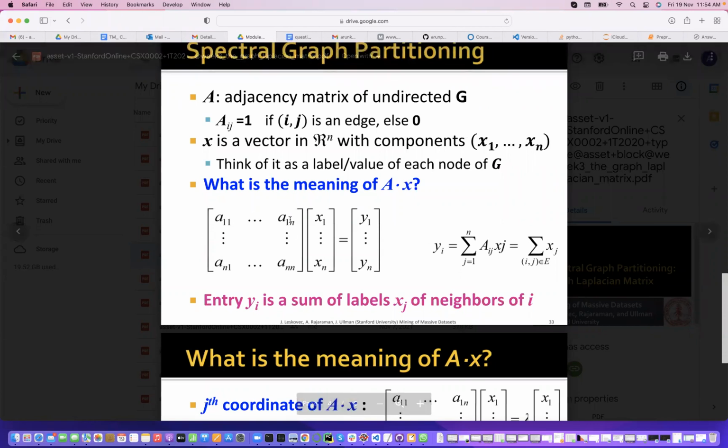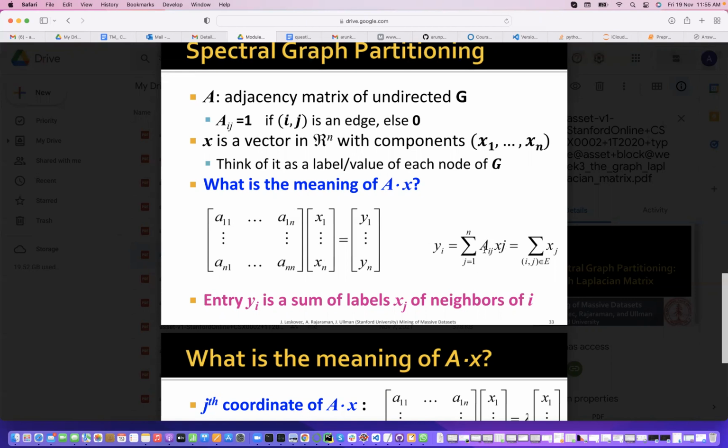If you take yi, a11 x1, a12 x2, so this is y1. What is y2? a21. What is yn? an1. This nth row vector you take in this matrix, multiply with the column vector. So if you see the right side, what are you doing exactly here? What is yi?